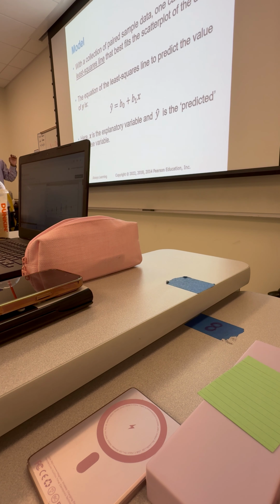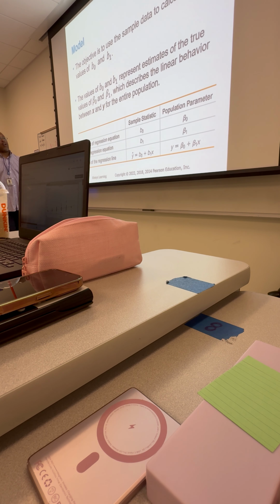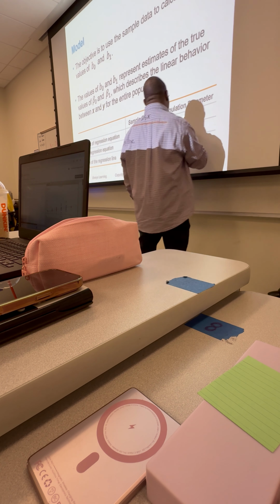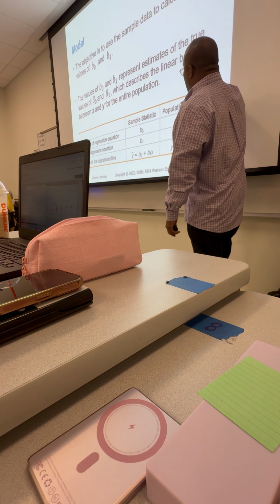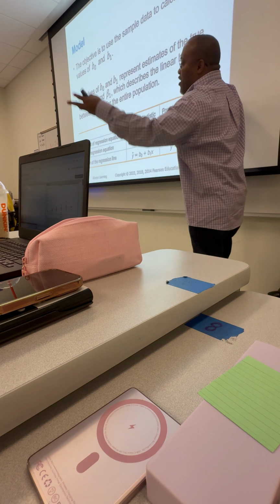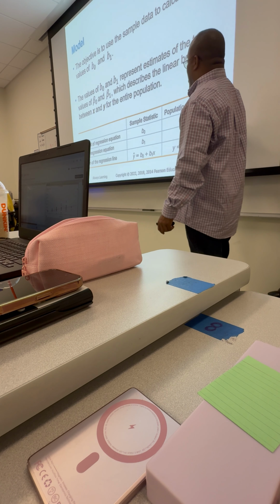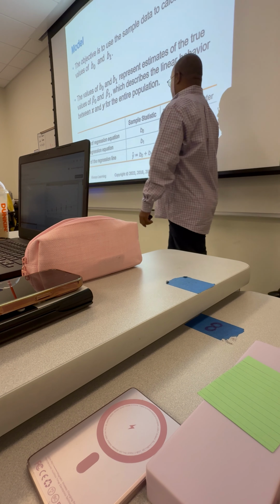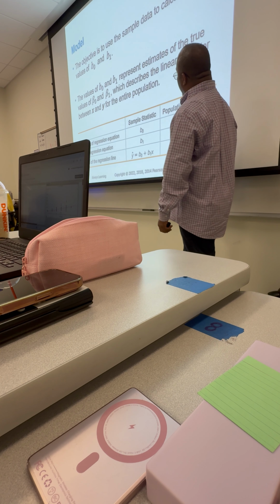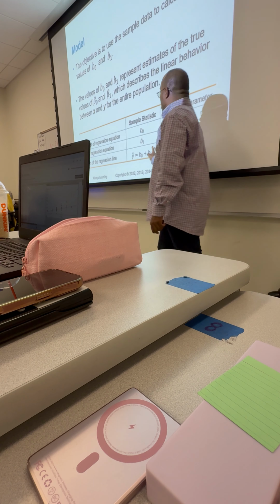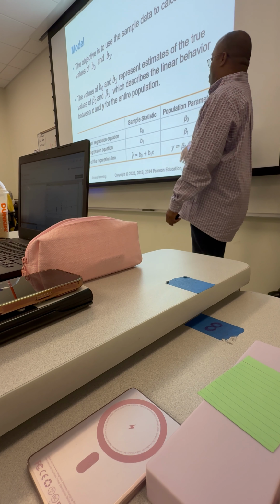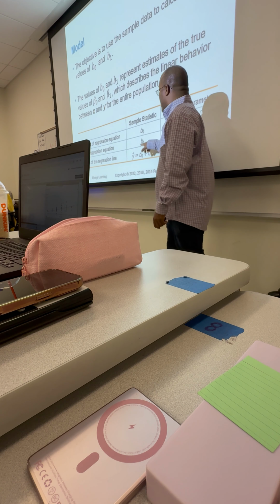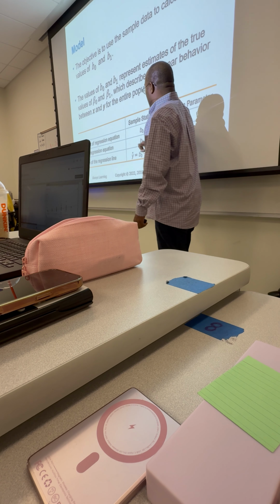Keep in mind that these are statistics because they're calculated based on the sample. They are estimates of their population parameters. These are the population parameters, beta naught and beta 1. This is the population intercept value, the population constant, and this is the population slope. These are estimates of that, right? So when we use StatCrunch, we're creating this equation. I'm just giving you a quick background on this, so you don't really need all of it. This is what you need the most: this is the y-intercept, and that's the slope.